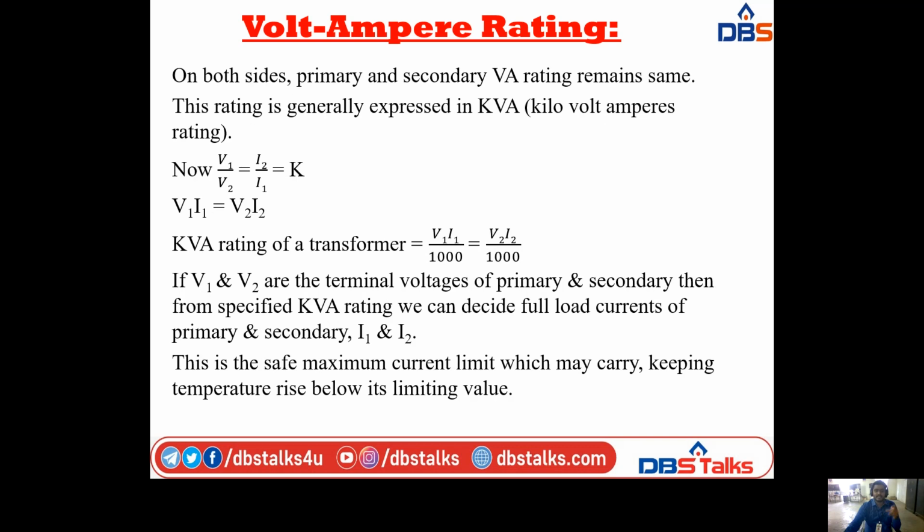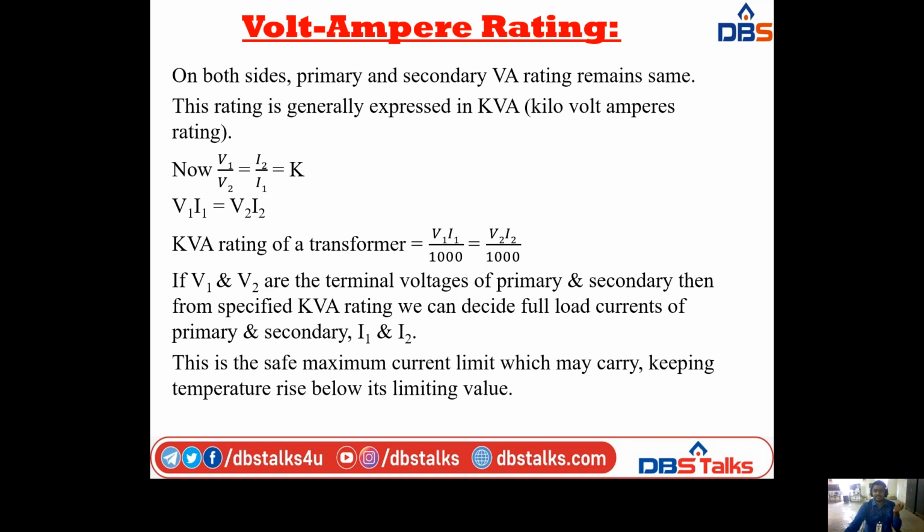Next, on both sides, primary and secondary VA ratings remain the same. This rating is generally expressed in kVA, that is kilovolt ampere rating. So from the current ratio, that is V1 by V2 is equal to I2 by I1 is equal to K,